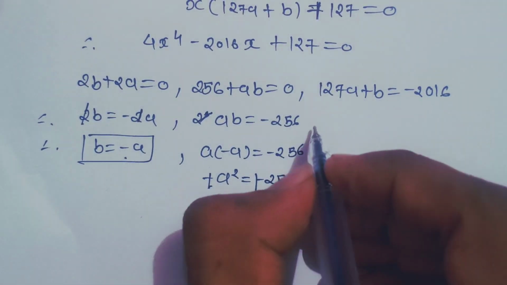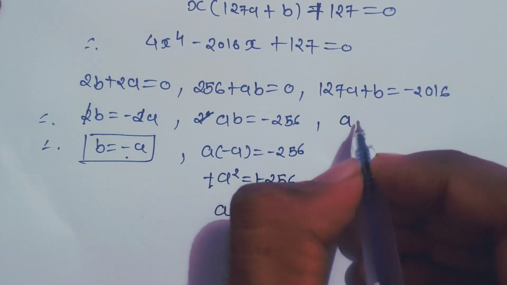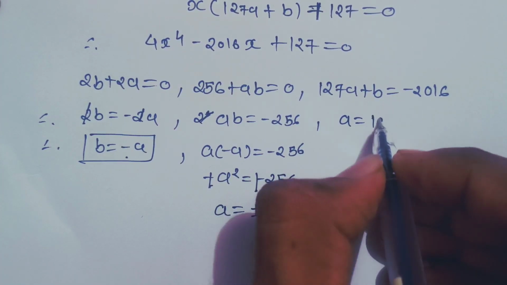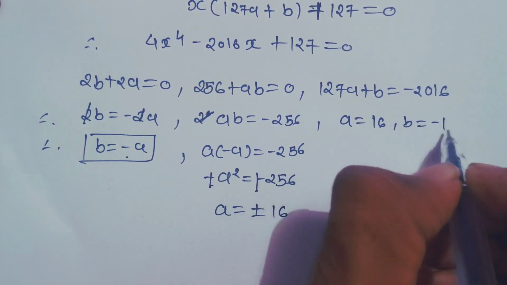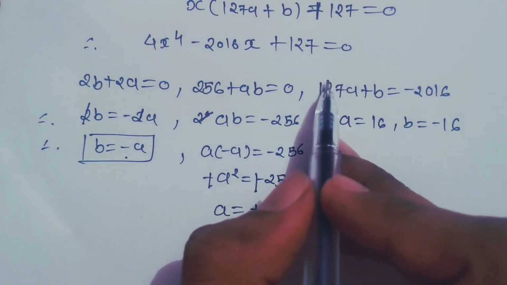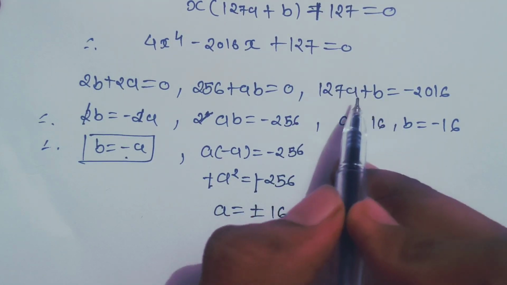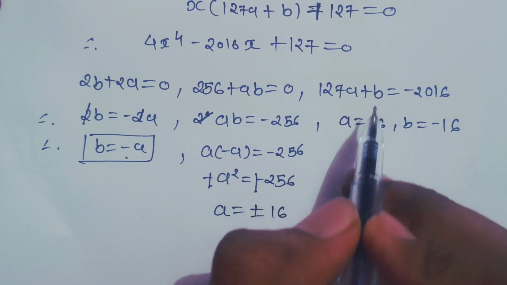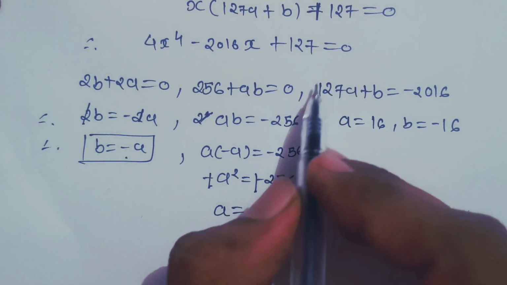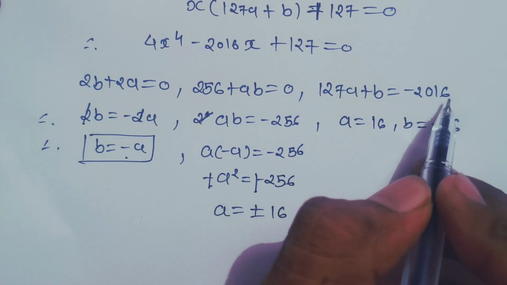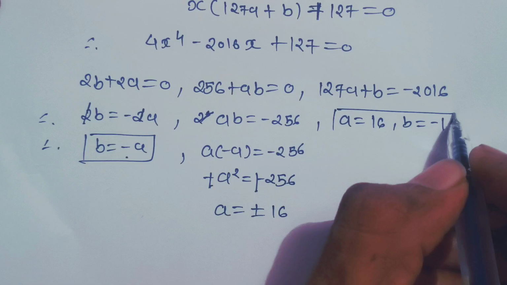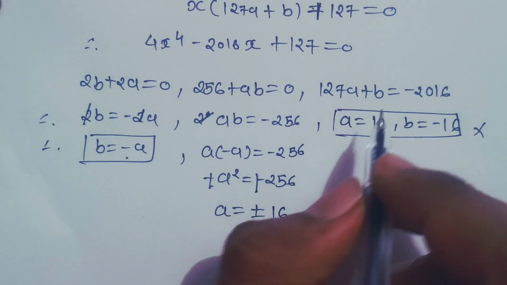But if you put a equal to 16 and b equal to minus 16 here, then this part is positive. If you multiply 16, is this part bigger than this or not? If b is minus 16, this whole part is positive, but this side is negative, which means this case cancels out directly if you put this value.